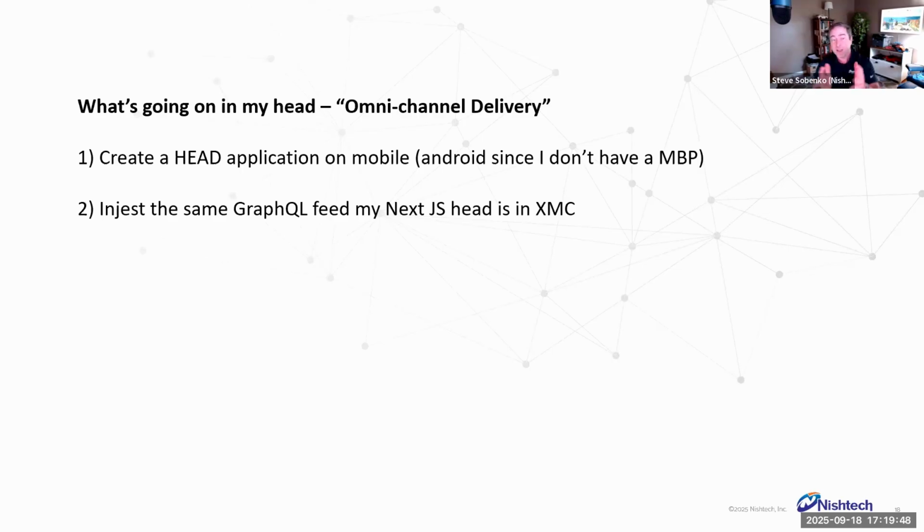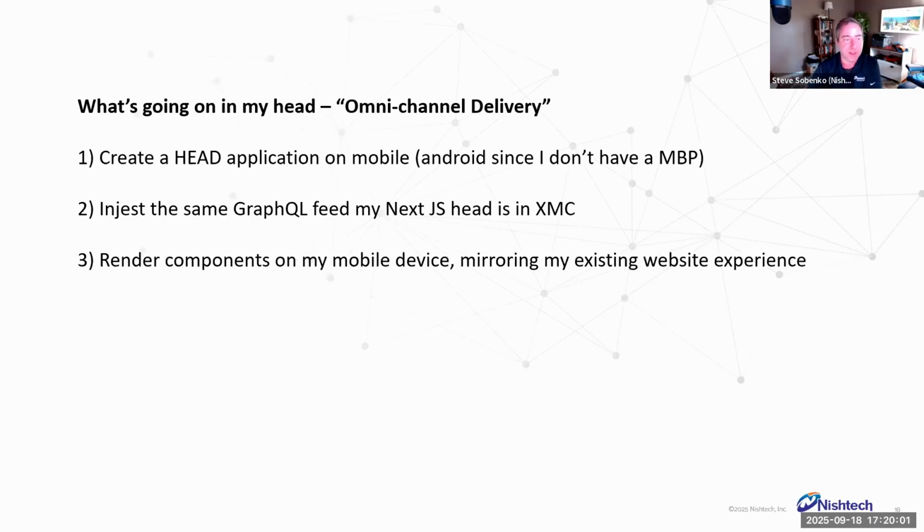And in this case, I'm going to use the Verticals Play Store app, the one with the skateboarding guy. I'm not going to change any of the content, any of the placeholder structure. I'm not going to touch XM Cloud at all. All I'm going to use is that demo site that they give us. I want to render all of my components on my mobile device, mirroring that Play site with the skateboarding site, the basic site.